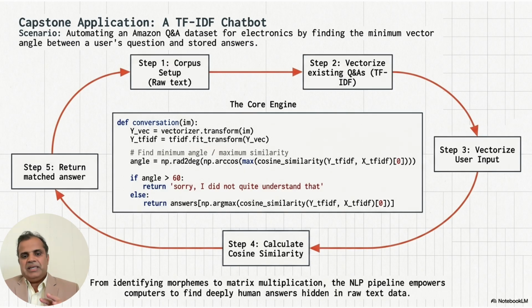This simple implementation proves that by identifying morphemes and applying matrix math, we can empower computers to find human answers hidden in raw text. I encourage you to explore the answers which are given under the module section and specifically